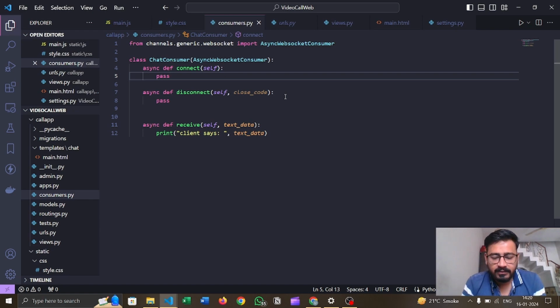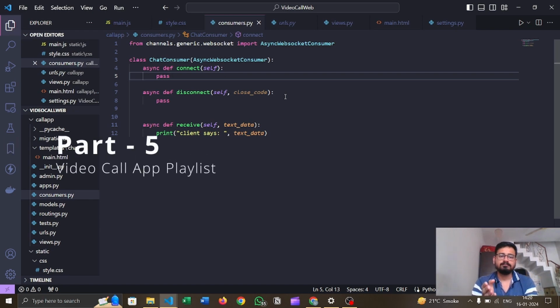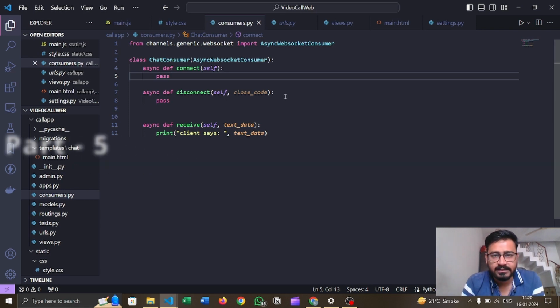Okay, so let's begin today's video, and in this video we are going to configure the WebSocket connection on the server side. In the client side, the WebSocket has already been configured in our previous video,